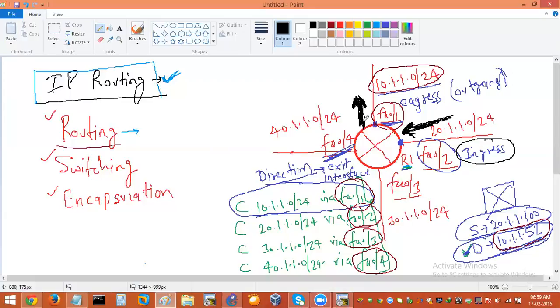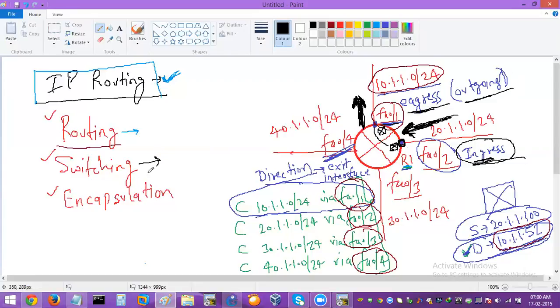When the packet should be forwarded out of F/1, while the router was taking this routing decision, the packet was on which interface? F/2. Now, when the router finds out that this should be forwarded out of F/1, the router should take the packet from this interface and push it to which interface? It has to move it to the F/1 interface. So moving a packet from the incoming interface to the outgoing interface, from ingress interface to egress interface,